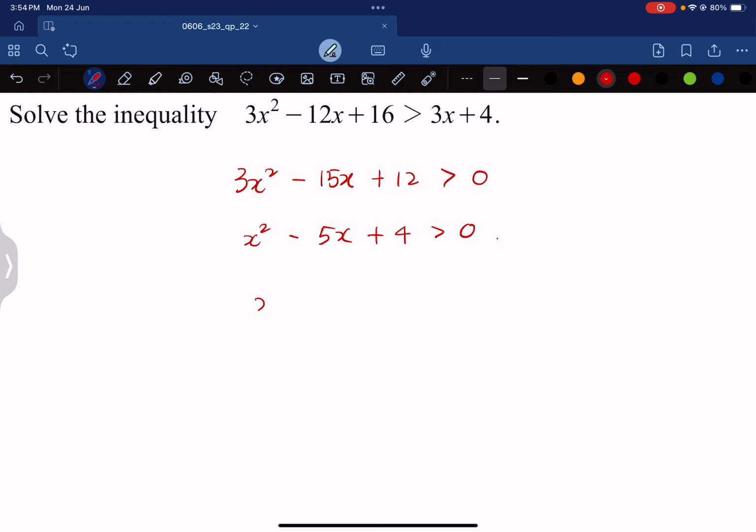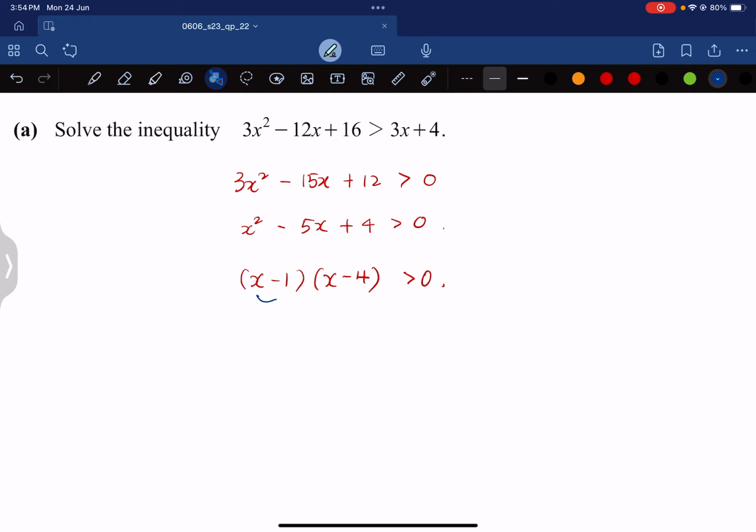and we can factorize it. Can we? Yes, we can. (x minus 1)(x minus 4) greater than 0. So let's sketch the graph of this quadratic, right? The graph of this quadratic is